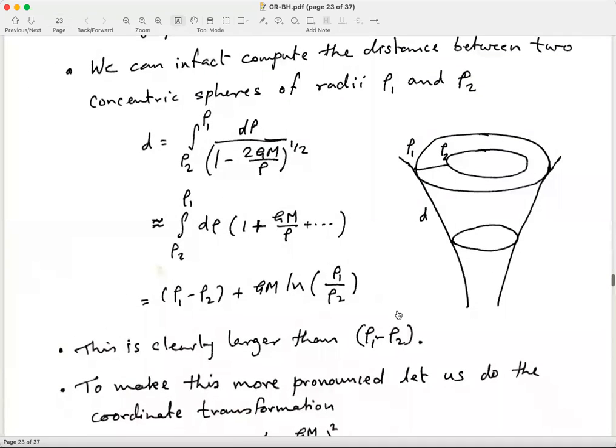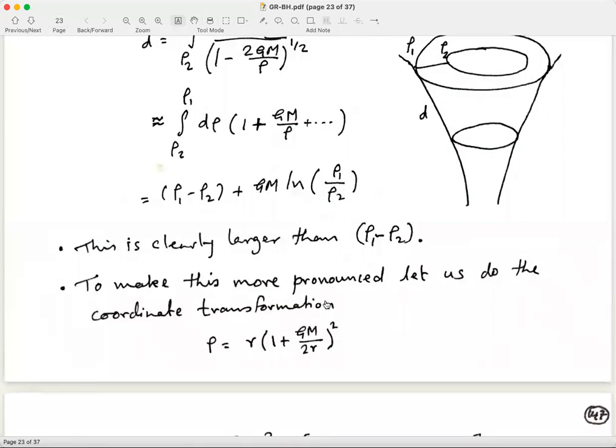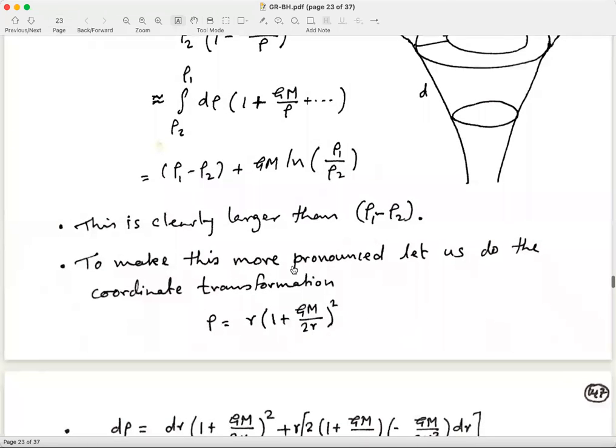Okay, so there is a way of making it a little more pronounced by doing a change of variables. To do that, let's do the following change of variable. Let's write down rho is equal to r times (1 plus GM upon 2r) whole squared. This is just a general coordinate transformation which will make this expression look a little more pronounced. So let's put this back in